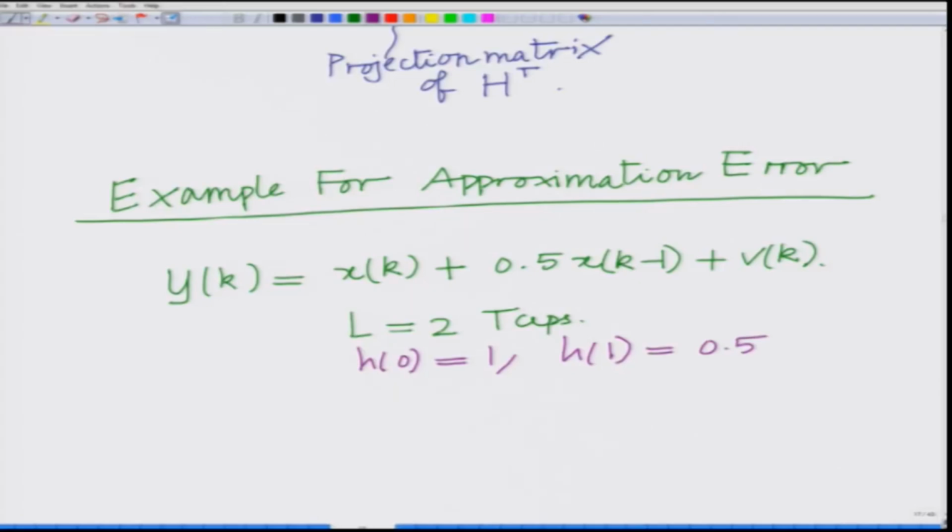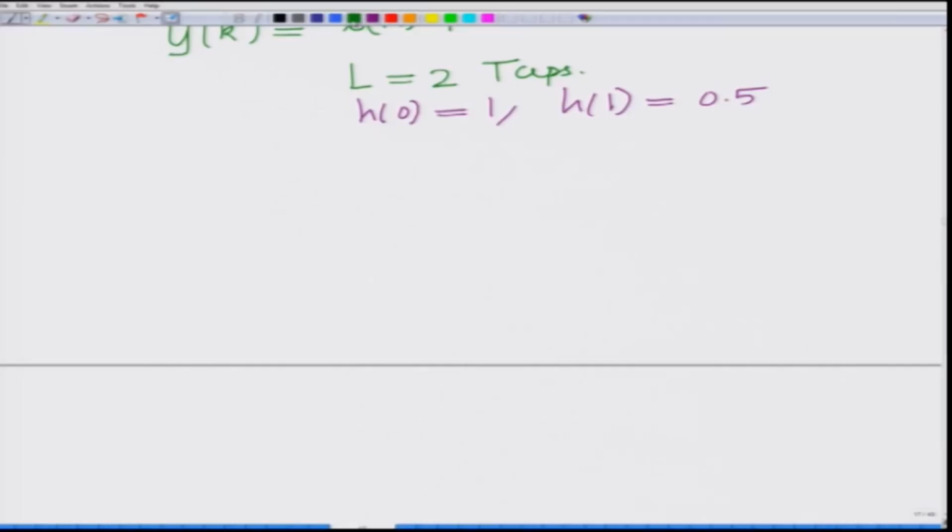So, to look at a simple example for this approximation error, we are going back to our previous example, where yk, with the intersymbol interference channel that we had considered, is yk equals xk plus 0.5 times xk minus 1 plus vk. Vk of course is the noise, and this is a 2 tap wireless ISI channel, where H0 equals 1 and H1 equals 0.5. So, this is the simple 2 tap ISI wireless channel example that we are considering. And for this, we have already derived the equalizer, so let us now derive the approximation